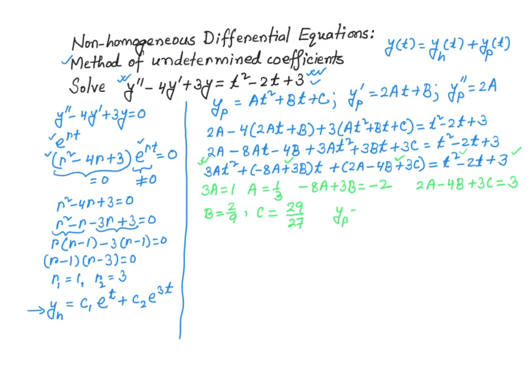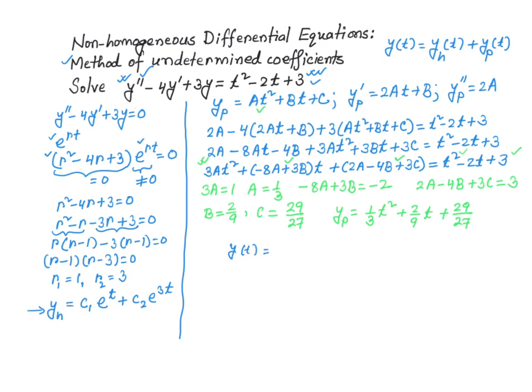Y sub p is equal to a t square. So a t square is 1/3 times t square plus b times t. B is 2/9 times t plus c. C is nothing but 29/27. Now your final solution, or the general solution for this given non-homogeneous differential equation, is going to be y of t